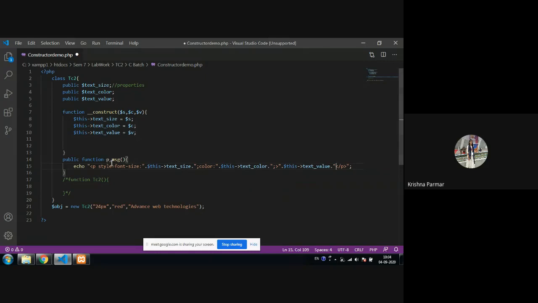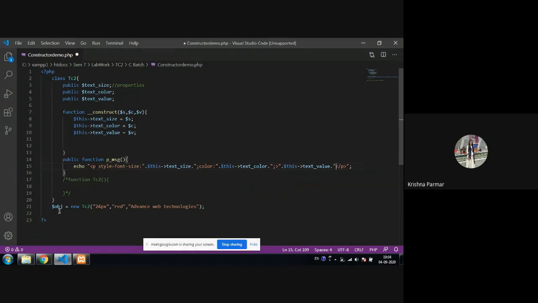Okay. So we created a function. Whenever the CSS style is there, make sure you use the double inverted comma. Whenever the property variables are there, make sure you don't put them into double inverted comma, otherwise it will not interpret its value. So that is the thing you have to remember.